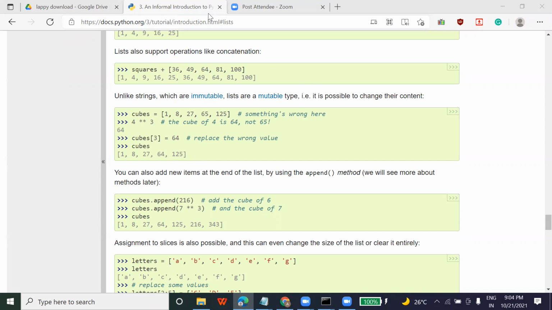Go through this. This is the link I have shared with you. Run the command. You just have to copy this command, paste it, run it and learn it. You can see here, list is a mutable type. What do you mean by mutable? Changeable. It is possible to change the content. So everything I'm giving you, now it's on you how you can practice it and how you can perform, right? If you want to do something, you have to work hard from your side as well.